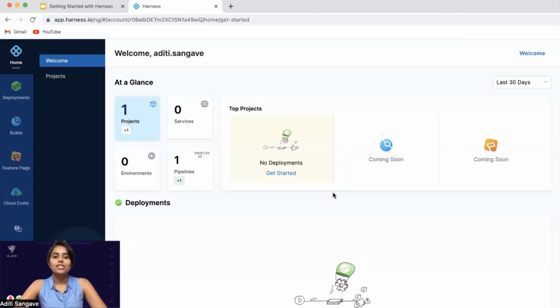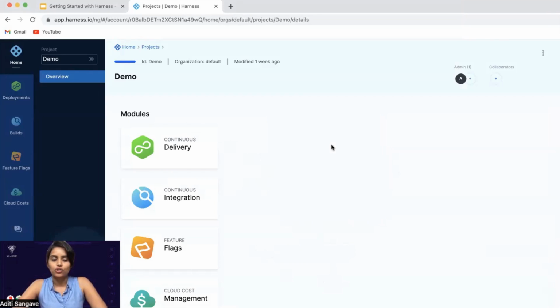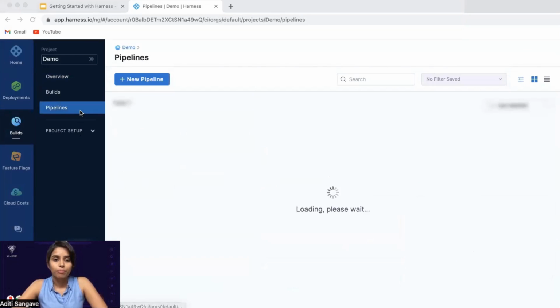Today, we will be looking at Harness Next Gen. This is how the home page looks like. And after clicking on projects, you can see all the projects that you've created categorized by organizations. Before creating projects, you can create organization which allows you to group projects. So this is the demo project that I have created under default organization. If you click on it, you can see multiple modules that Harness provides. I am clicking on this continuous integration module, and if I click on this pipelines,